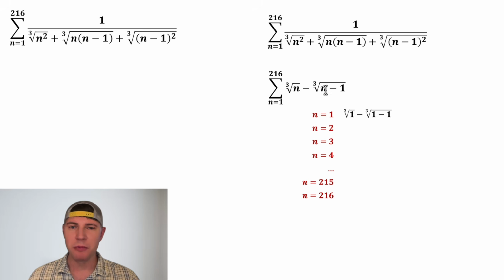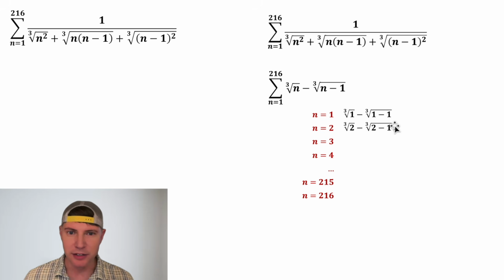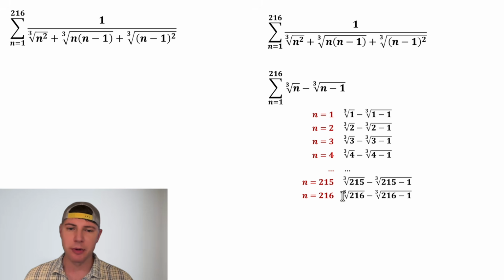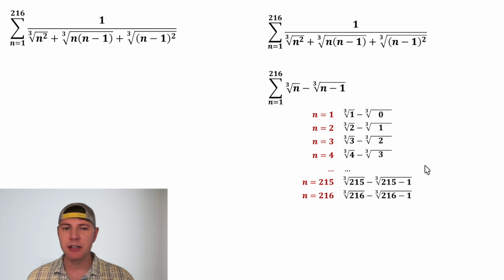For n equals 1, we have the cube root of 1 minus the cube root of 1 minus 1. And then for n equals 2, we have the cube root of 2 minus the cube root of 2 minus 1. And same thing, 3, 3 minus 1, 4, 4 minus 1, all the way up to 216. 1 minus 1 is equal to 0. 2 minus 1 is equal to 1. 3 minus 1 is equal to 2. It'll be 3. 214